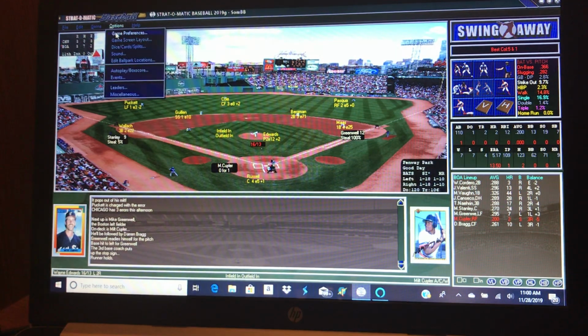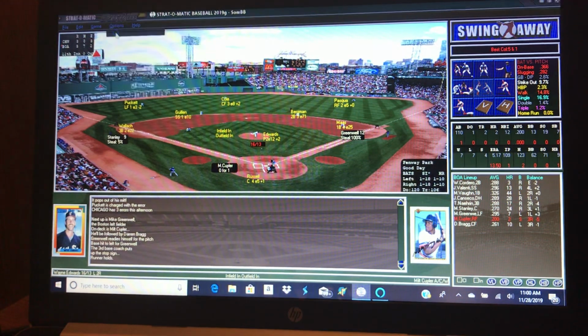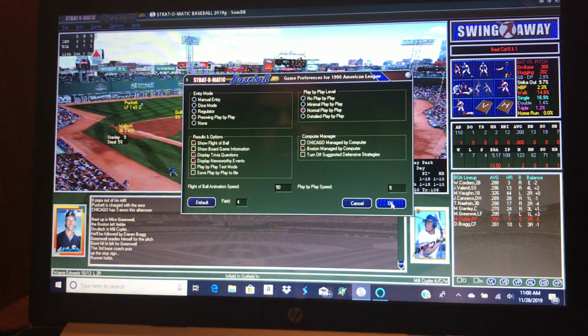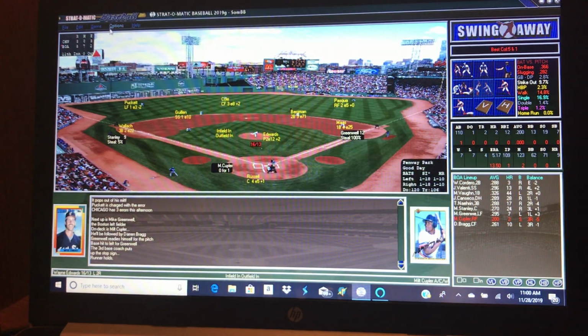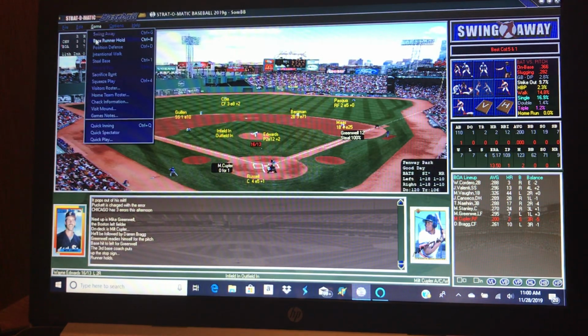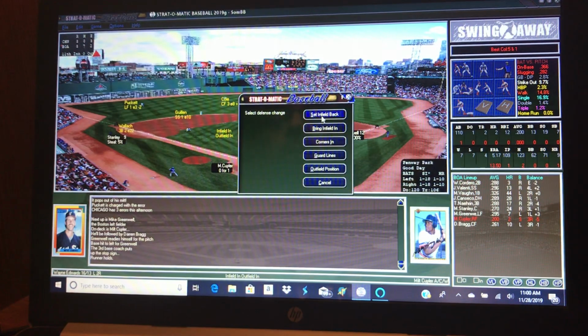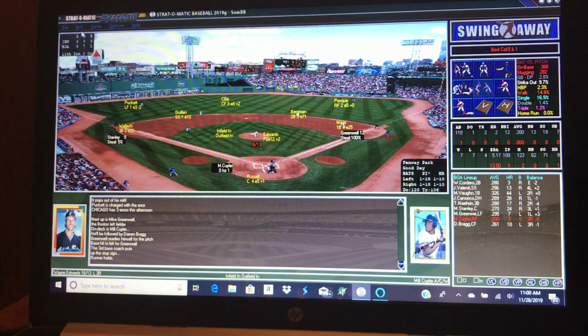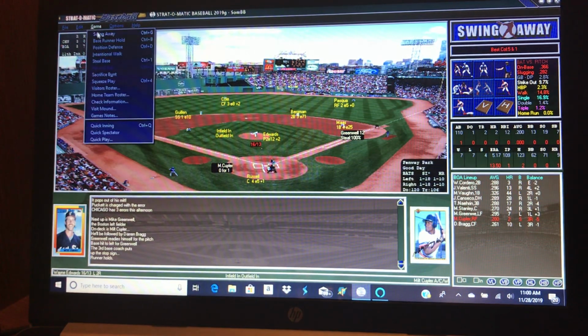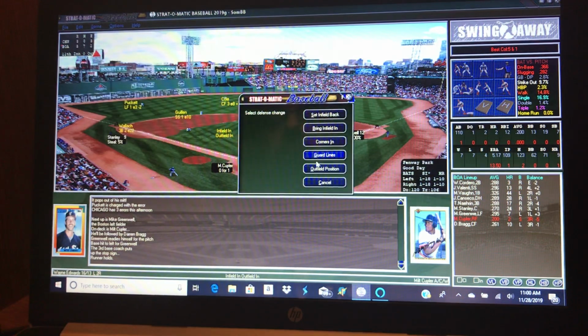Position defense. Bring infield in. Position defense.